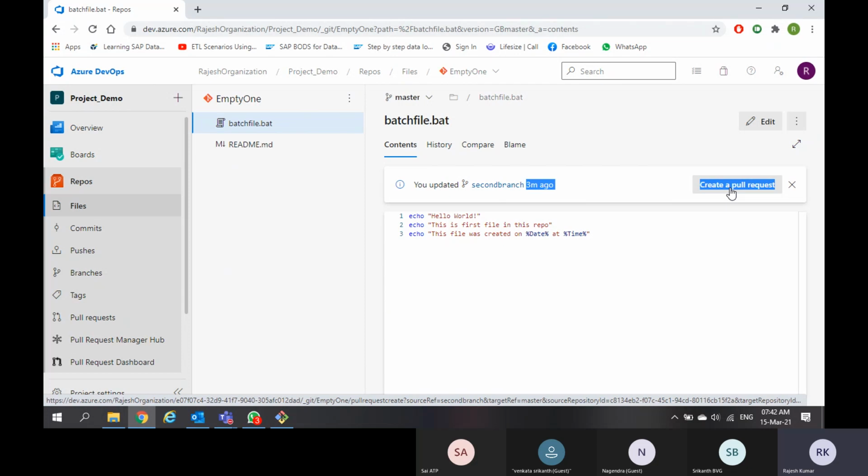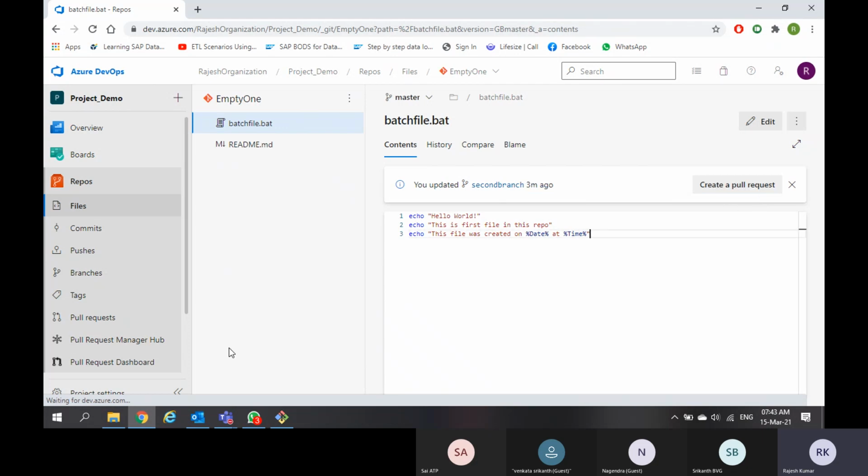I don't know why they named it pull request, but I feel it should be named push request. Why? Because we are going to push the changes from one branch to another branch. But they named it pull request, so we need to follow the same system. In some organizations, in some interviews, they will ask, have you worked on PR mechanism? PR means nothing but pull request. Even people will call it PR only.